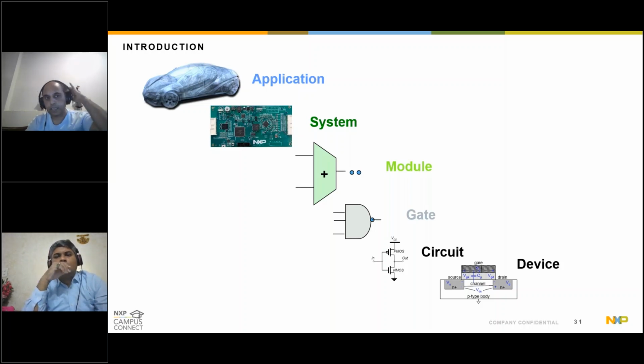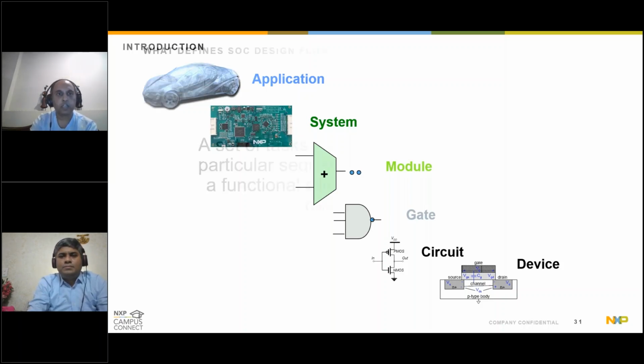So you can imagine, depending on what abstraction level you are working at, there are different skills needed to excel in that particular abstraction level. So I'm linking this presentation to what Vedanta showed in the last 1 hour. These are the different abstraction levels, application down to device. Different skills are required to excel at any of these abstraction levels, and depending on where your interest lies, you can pick any one of them, and then build your career and the knowledge and the information needed to excel in that space. Right?